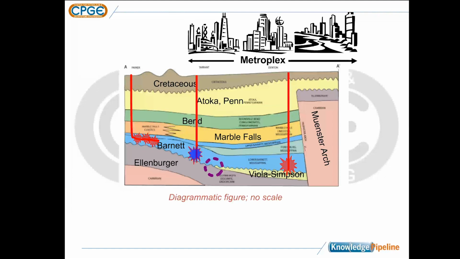In the Barnett situation, it's convenient to dispose of it in the Ellenberger, because although the Barnett shale is very impermeable, the Ellenberger is very permeable, so you can pump lots of water in there. And the fact that you have the impermeable Barnett above it makes it convenient for injection disposal, because the water in the Ellenberger won't get back to the surface.